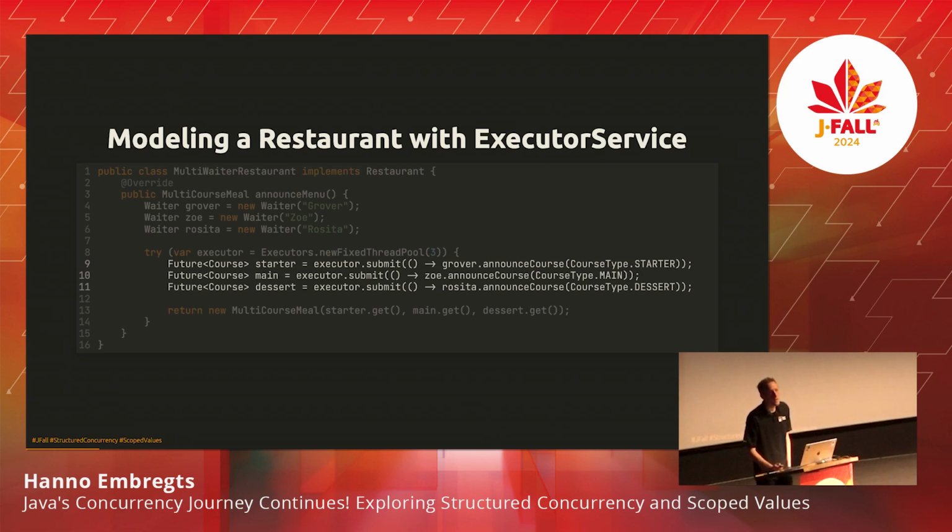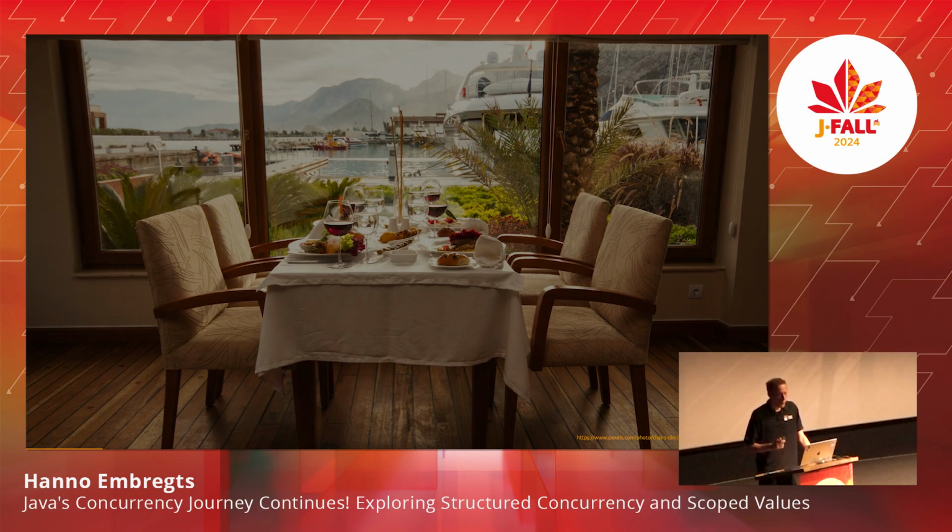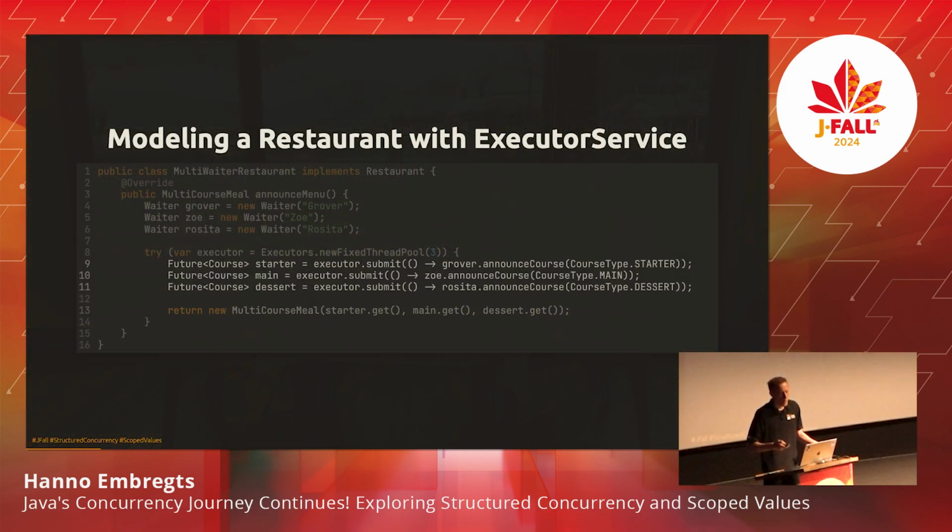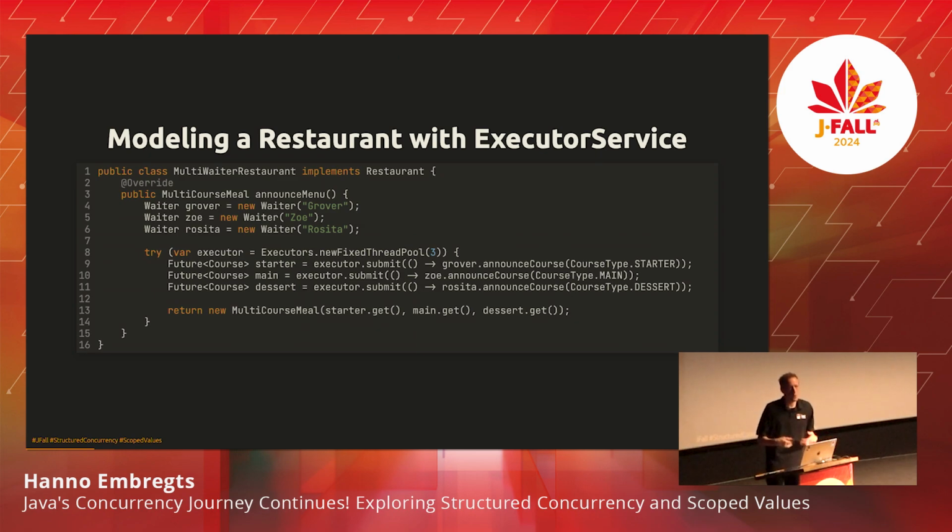Well, futures are great, except when you have to call get on them, and that's mostly what we do in the end. Here we call get on the futures, and as you may know, get is a blocking method, which means the thread that is running it will be suspended until the result is available. So there's no way for us to define here what happens if one of the gets fails, or if we want to do something else after that. Okay, and this is all fine and dandy, I think, this implementation here, because we improved on the solution before.